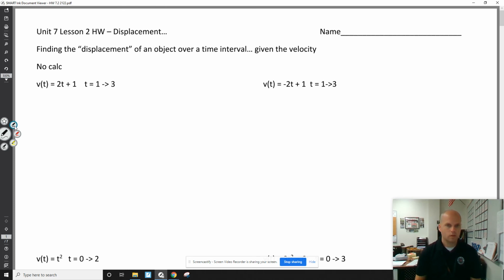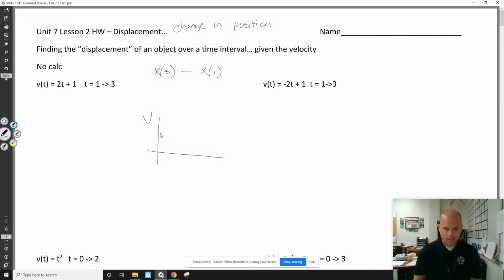It's a new homework I created, focusing on displacement. Okay, displacement, change in position. What we learned is that there's two ways to calculate this displacement, this change in position. The obvious way is to just find your position in the future and subtract your position in the past. But what we also discussed and discovered is that if you have a velocity graph,